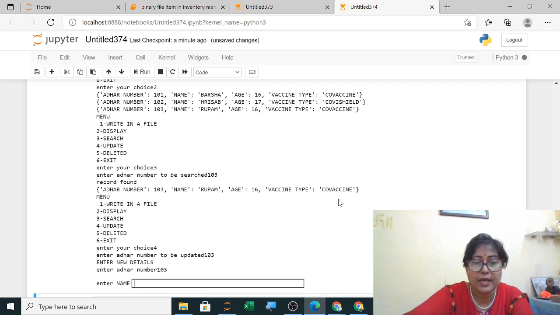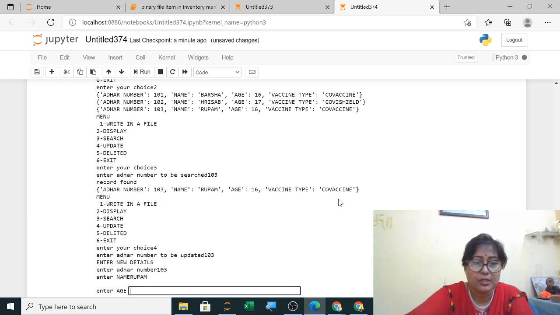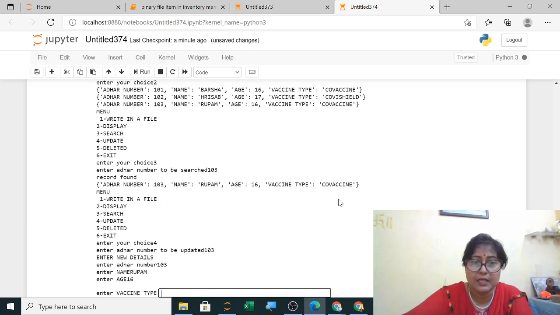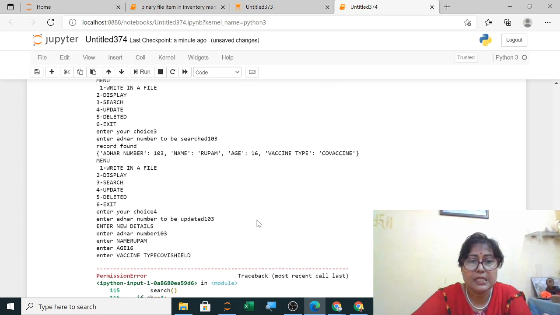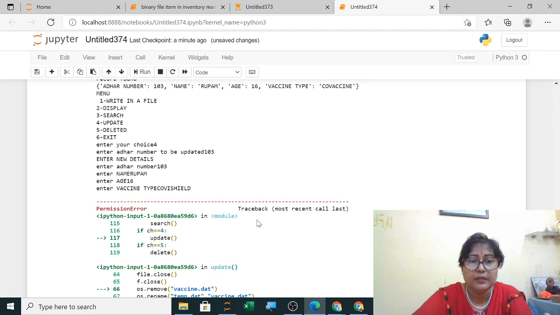Name also I am keeping same. Age also I am keeping same. And vaccine type, instead of Covaxin, Covishield. Enter. Now you can see here the data.